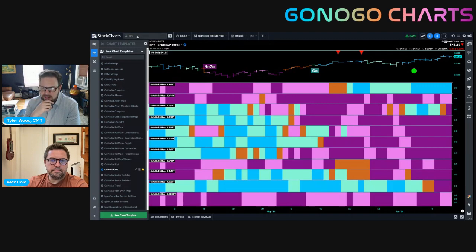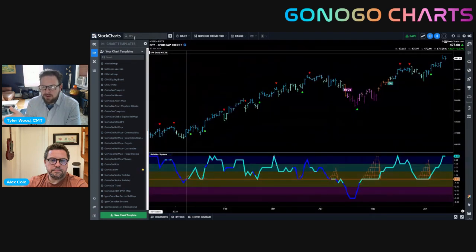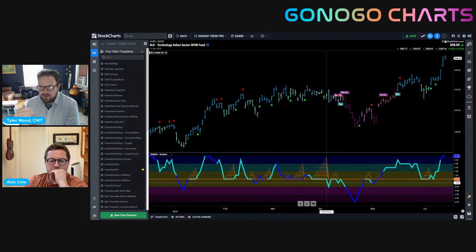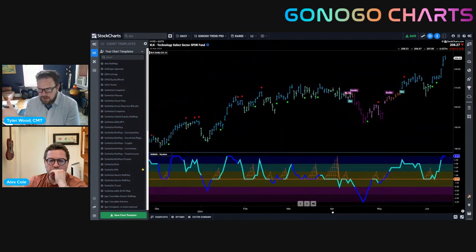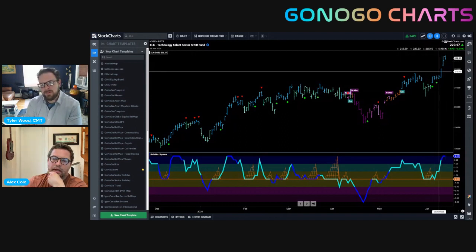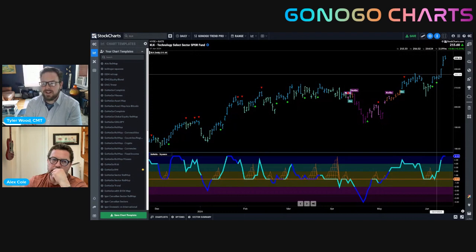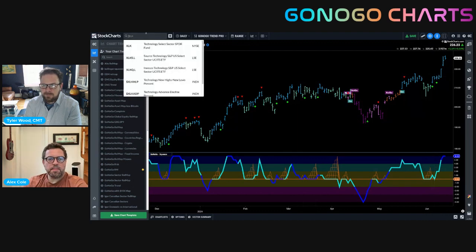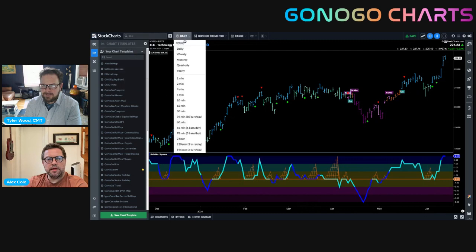So start with the XLK, and the important thing for everybody to understand about relative strength, relative performance, or ratio charts is that in absolute terms, these individual sectors may still be in uptrends. They're just not moving as high, as fast as the benchmark index. XLK, far and away breaking above relative outperformance of the benchmark, but also on an absolute basis, the tech sector has been a phenomenal performer this week as well. Alex, could we pop that out to a weekly chart? Yeah.